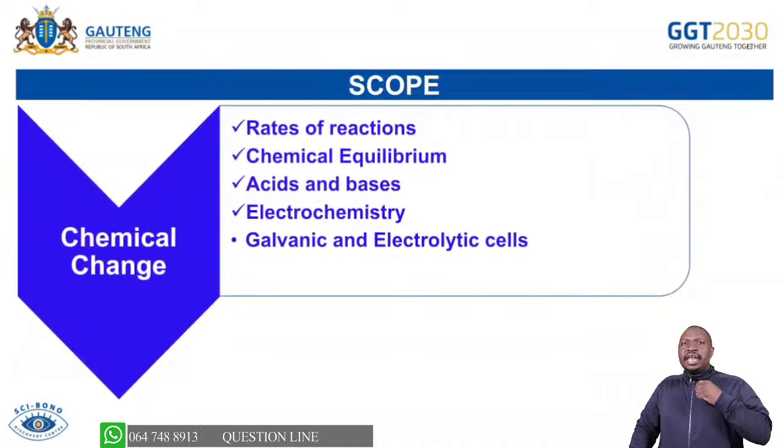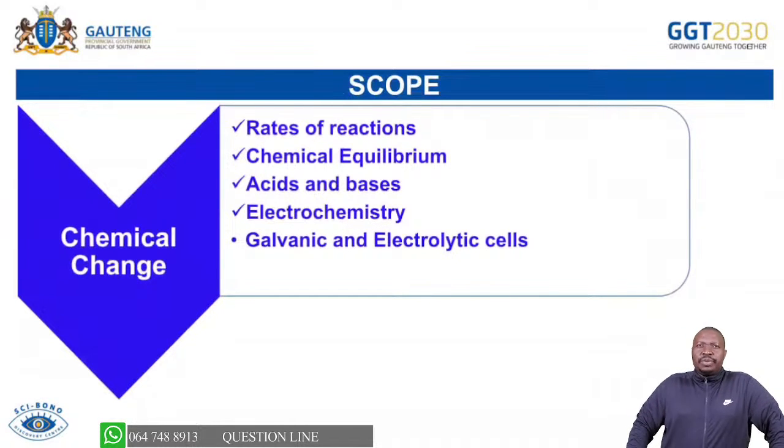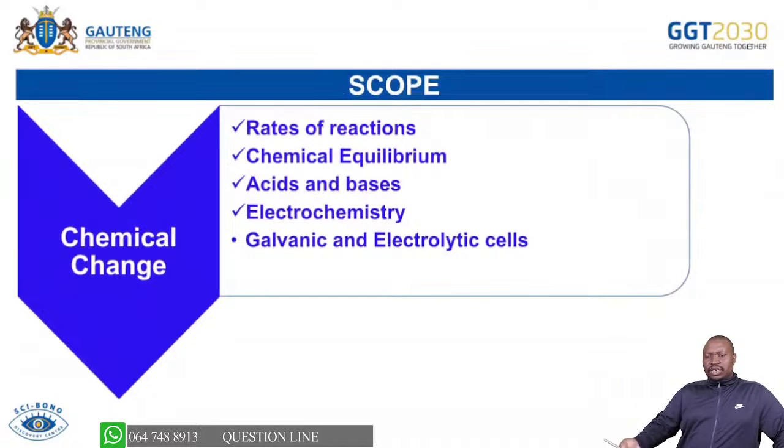So if you know that, and you know how the instruments that we use, for example, to collect the gas, and then what do we use for all the instruments that we are using, the mass balance to check the mass and all that. So we'll look at that, and then we'll go to acids then